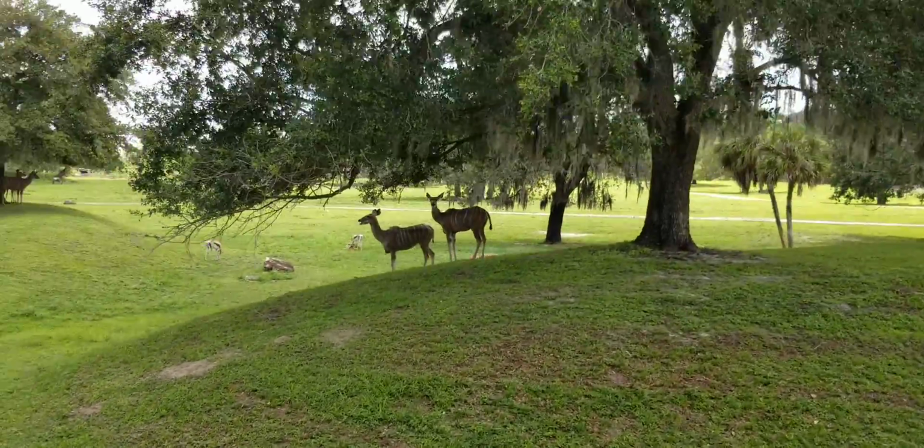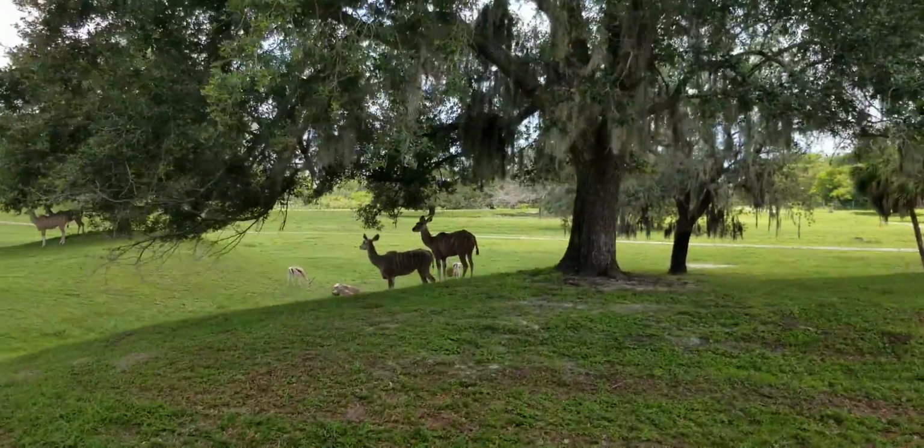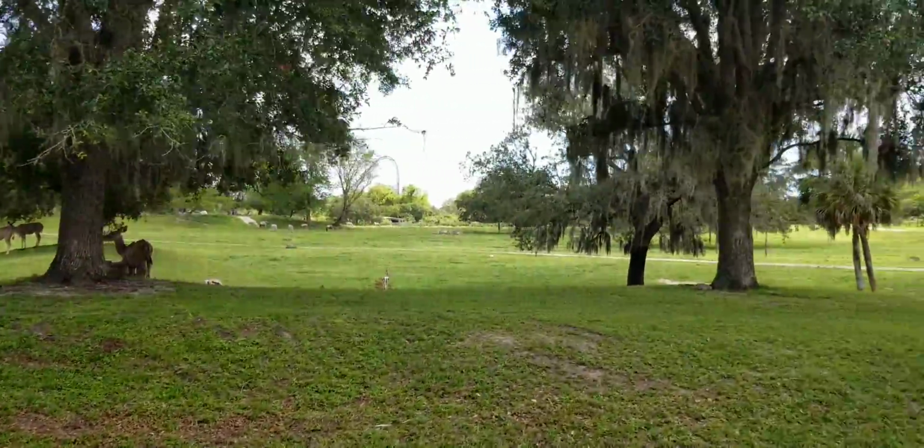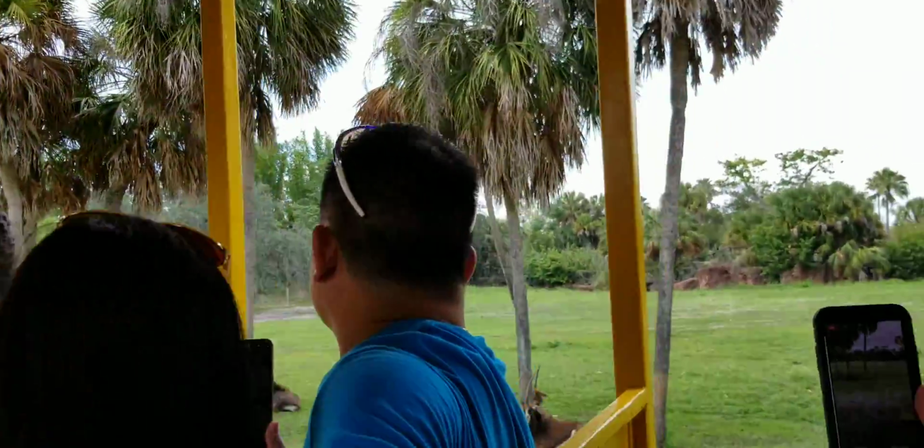The ones to the right with the shaggy brown fur, those are known as the Sable Antelope. Now the Sable Antelope have a matriarchal society, which means the dominant female runs the entire herd,